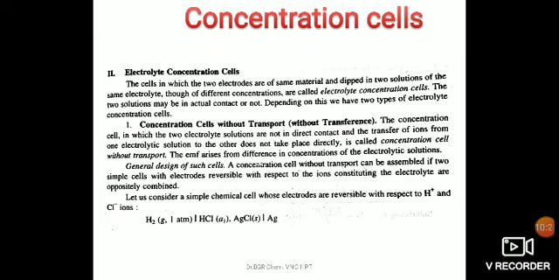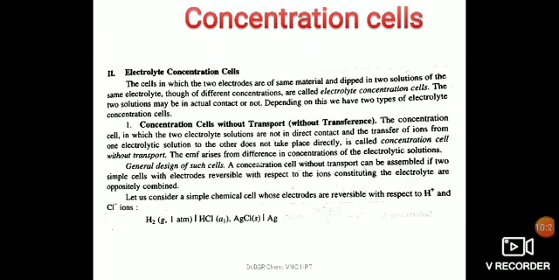For this, we can write down the cell reactions with respect to anode and cathode. At anode, half H2 gives H plus plus electron. So, an electron has been released here, that is oxidation, taking place at anode, and the number of electrons exchanged is 1, that is n equals 1. Then at cathode, AgCl plus electron gives Ag plus Cl minus. This is reduction where electrons have been accepted. Here also n equals 1. So, considering the overall reaction, half H2 plus AgCl solid gives Ag solid plus HCl of activity a1. This is the overall reaction for the simple cell we have considered.